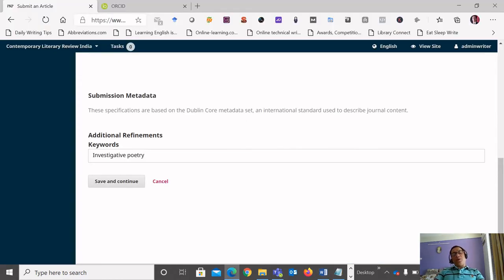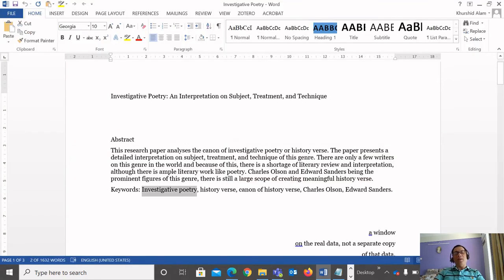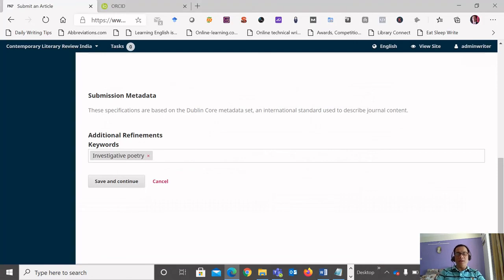I'm showing here how to write keywords in this section. Once you write your keyword, press the comma button and this will be added here. Likewise, I am copying another keyword and then adding here and then pressing comma.